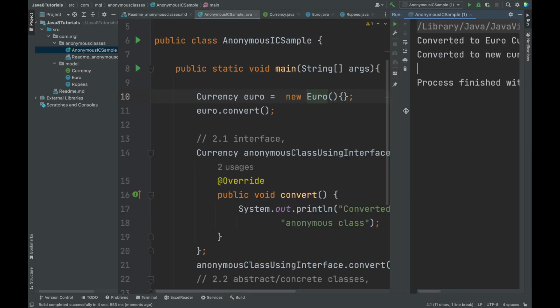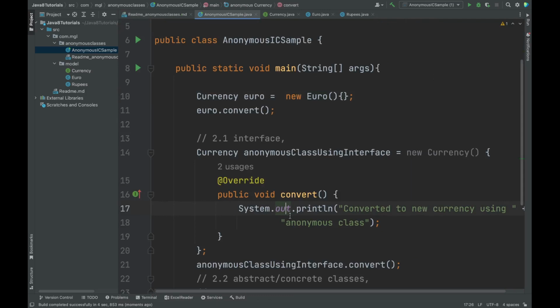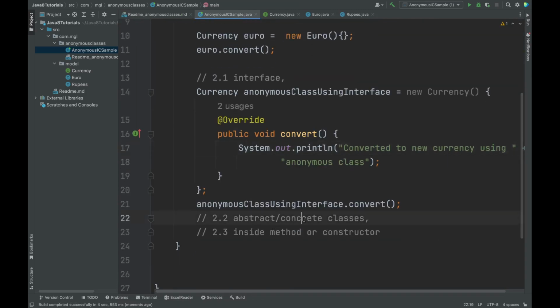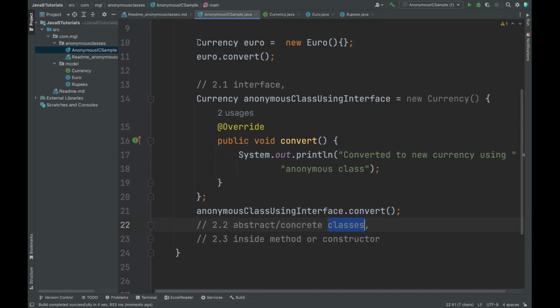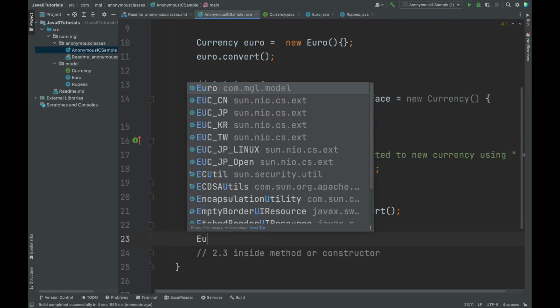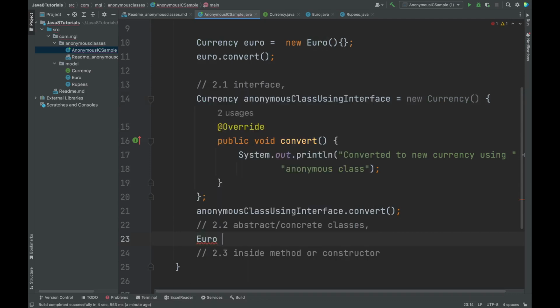Simple, isn't it? Okay, let's move to the new example. The second way was about abstract or concrete classes. I already have Euro and Rupees as my concrete classes for my Currency interface. I will use the same one for demonstrating here. So how will I do it? I will say Euro. Again, I'm going to create an anonymous class using a concrete or abstract class. So I'm using a concrete class. I'm doing new Euro,